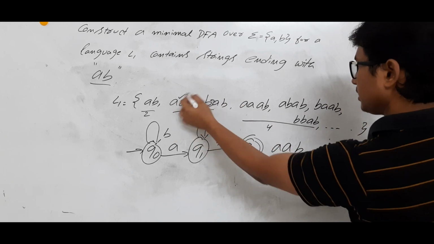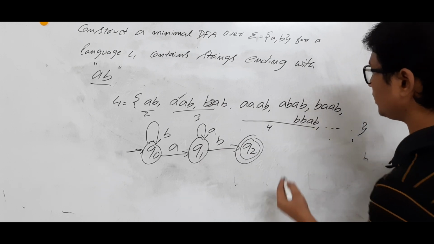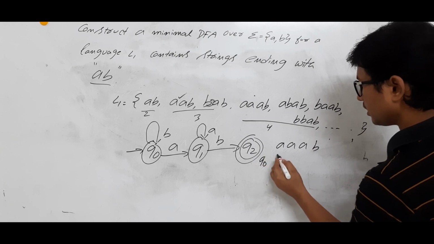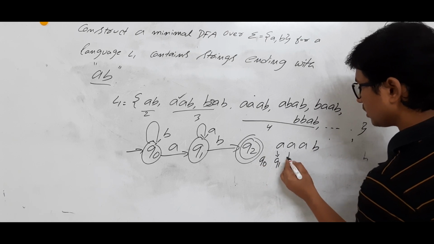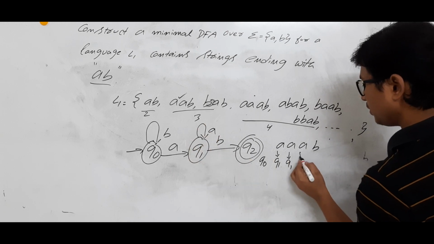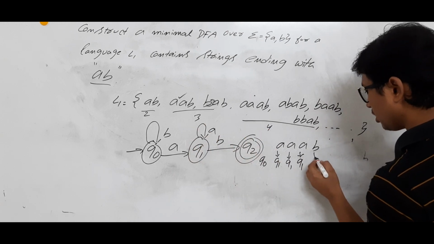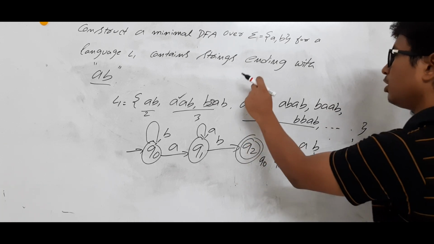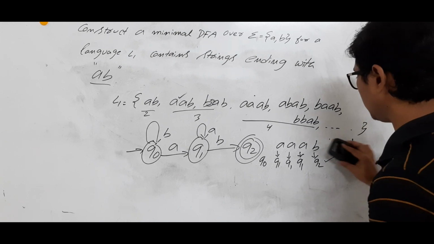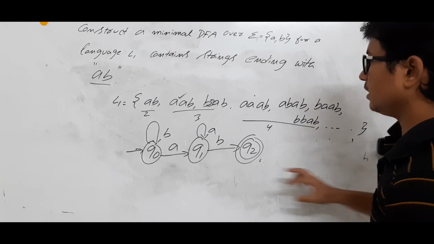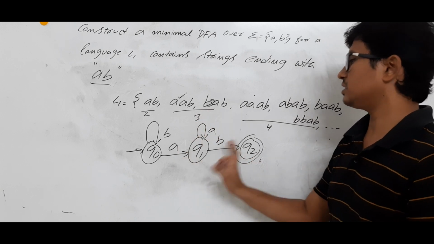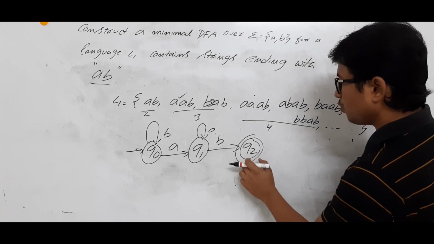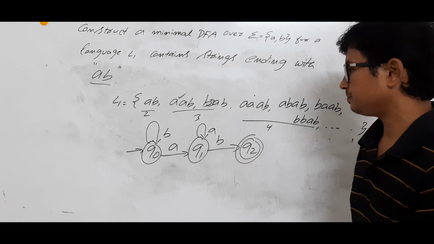Is it clear? It is there here. And if you take any number of A's, let's take this one, then B. Q0 on A, you come to Q1. Q1 on A, Q1 itself. Q1 on A, Q1 itself. Q1 on B, you go to a final state called Q2. So it is accepted and it belongs to language L1. So it is correct till now. The meaning is that any number of A's, then B should be accepted, and it is accepting. Okay. Now we will see what happens on Q2 on B.